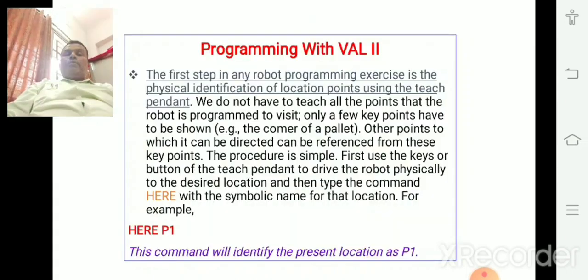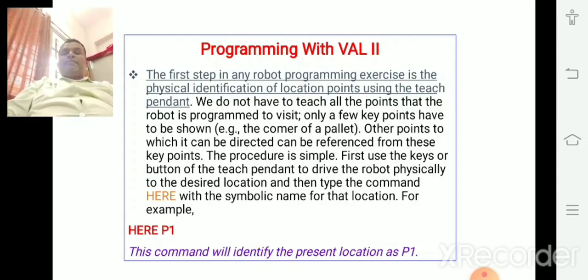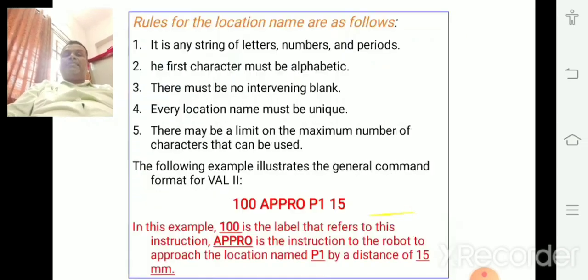In the VAL2 software package, we can use different alphabets and symbolic names for locations. Here P1 stands for a command used to identify the present location as P1. There are some rules you have to follow in the VAL2 software